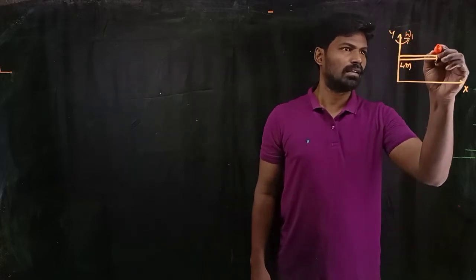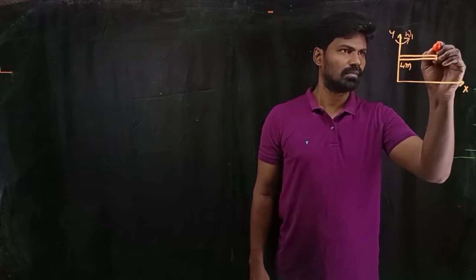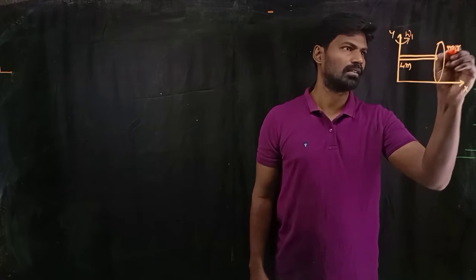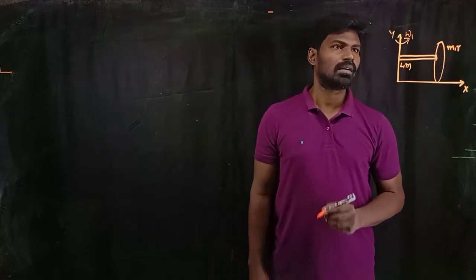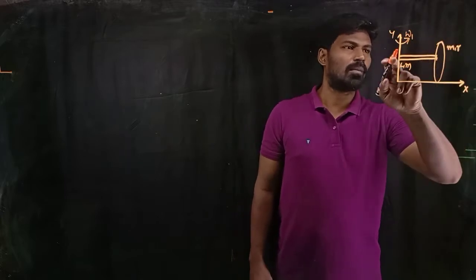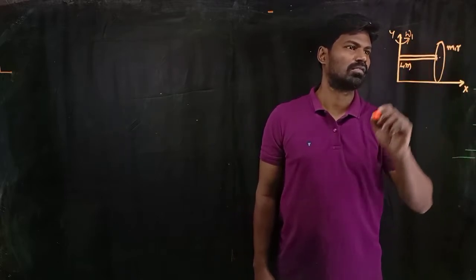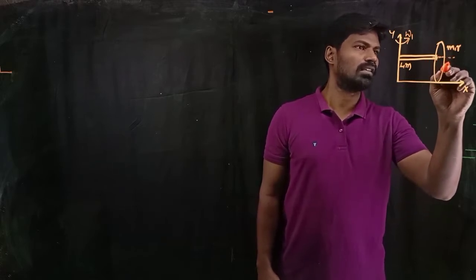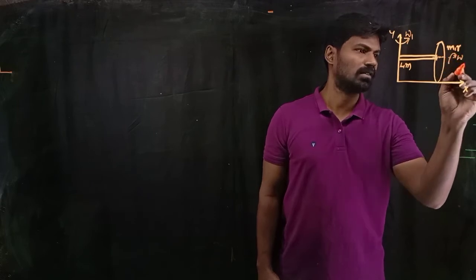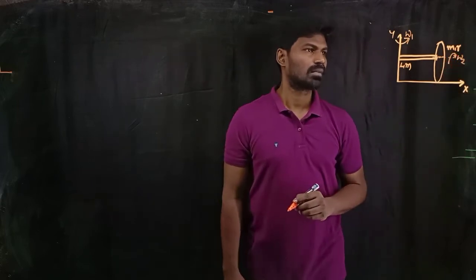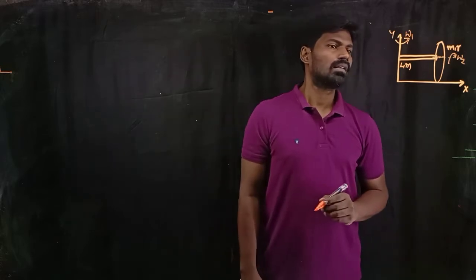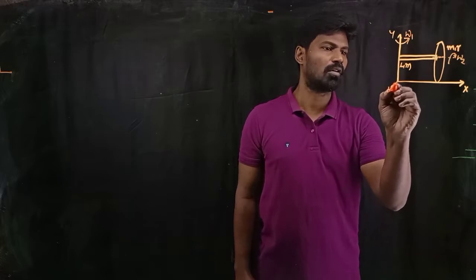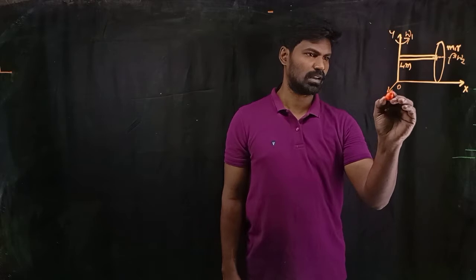To this rod, a disk of mass m and radius r is attached. Now this disk in turn is rotating about this rod. Assume that this is the center of the disk. About this rod, if you assume this as the axis, in this sense with angular velocity omega 2. So for this configuration, I wanted to calculate what is the angular momentum about the point O. Assume that this is the axis.